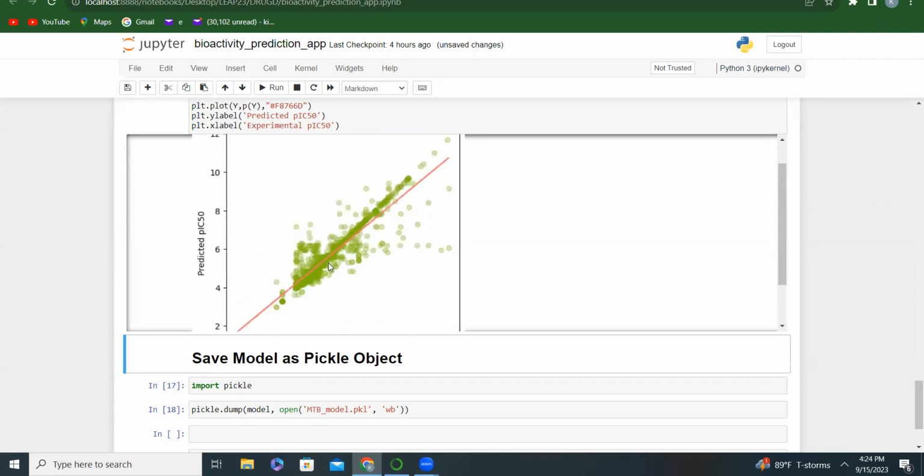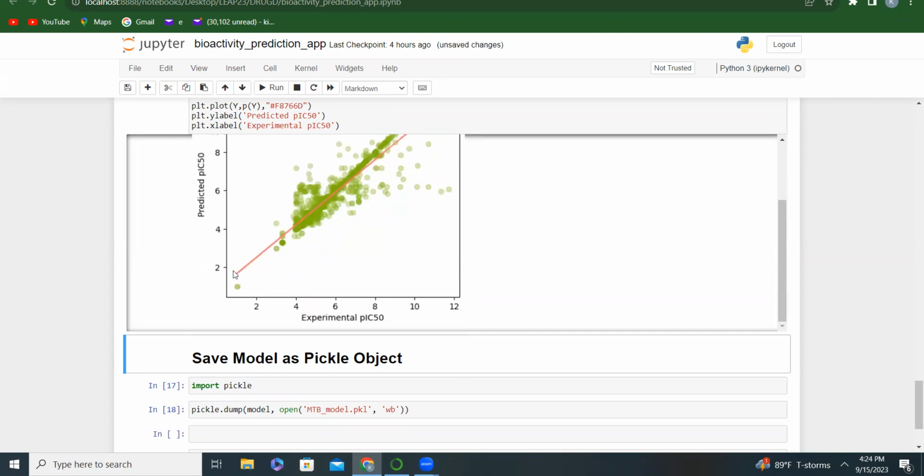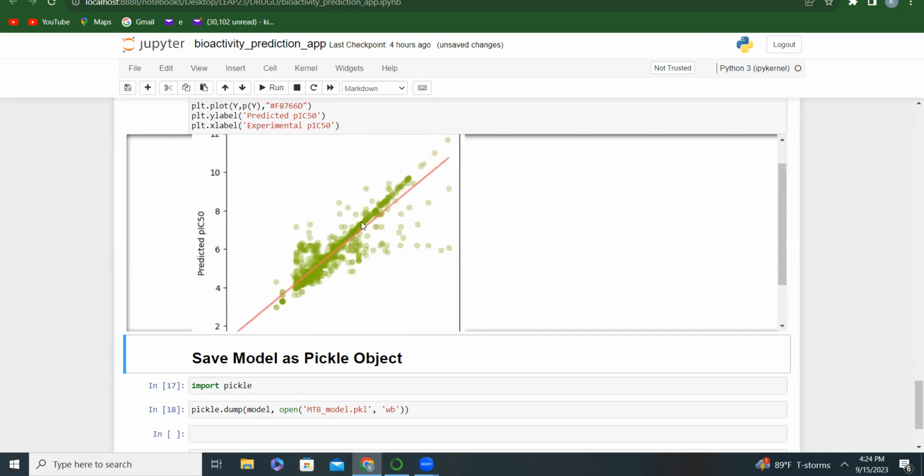So you can see there's a kind of positive correlation between this and this. You can see our data are almost on the same side, and that is why the machine is giving us a regression line. So let's assume